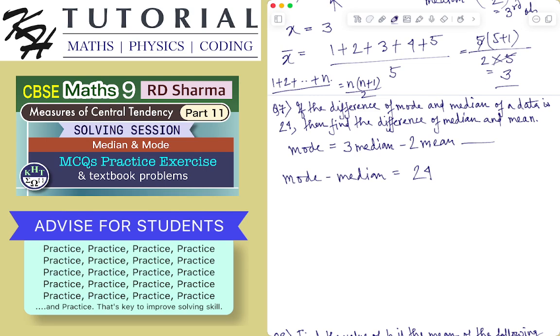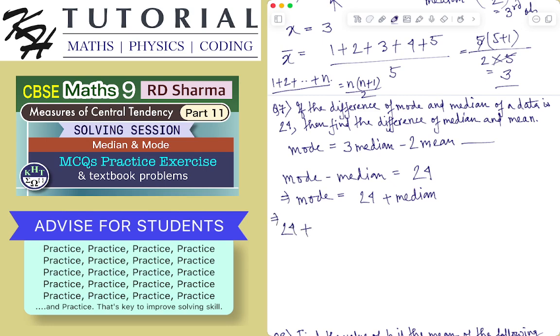So mode minus median is given to be 24, so this implies mode is equal to 24 plus median, and if I put mode as 24 plus median in the main empirical relation,